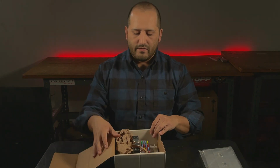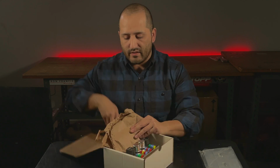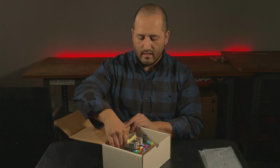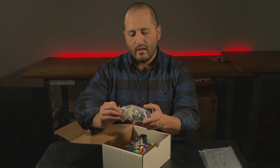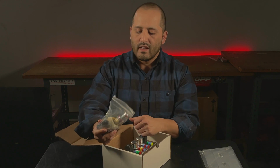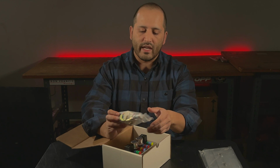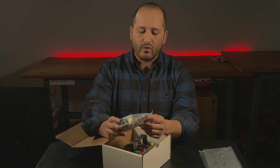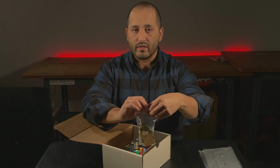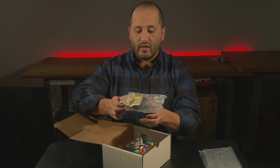So here's the fuse box. Again, very well packaged together. I like that a lot. Awesome. Here's the light switch part of that. So that's the pull handle here. I got it to match my door locks. Very nice piece here. It's very well put together, and the craftsmanship on it looks very good. So